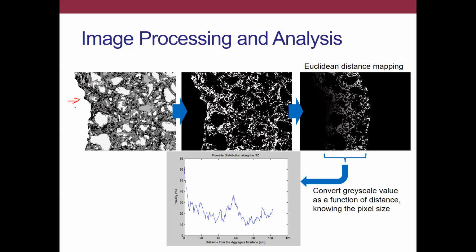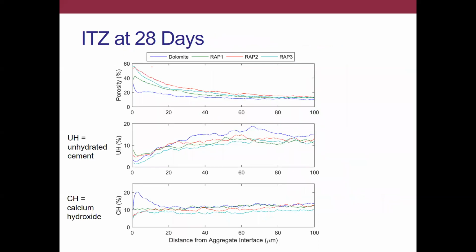Okay, so once we do this process, now we actually can generate our porosity profile in this case. So this middle image here is just a binary image where everything white in that middle binary image is essentially everything that was black in this image. It's only the porosity. So based on the grayscale now, you can pull out these different features. Then we do that processing. So in the end, we eventually come to these types of data.